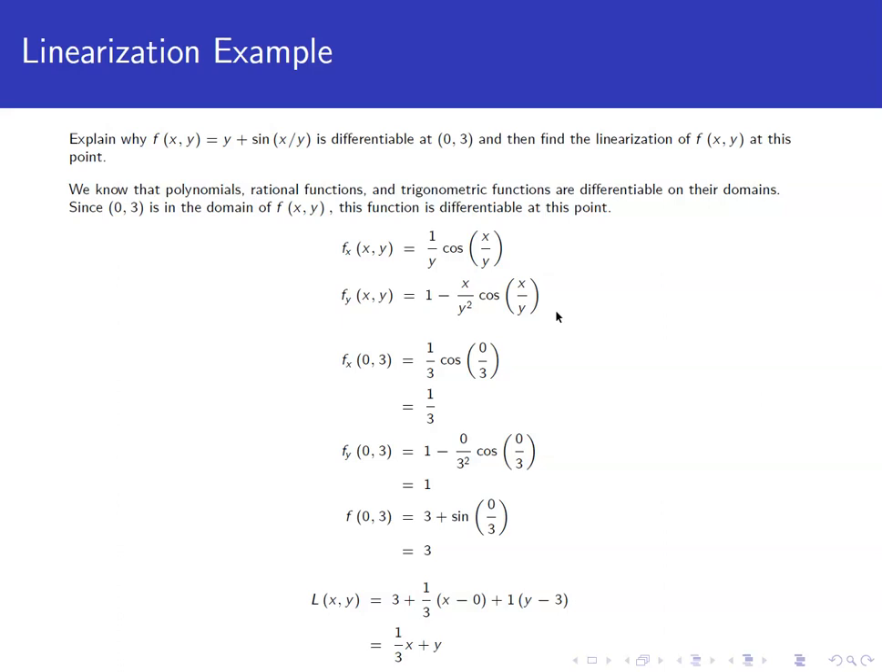Now we're ready for the linearization. Remember, the linearization formula is the function value plus the partial with respect to x times x minus the x-coordinate, in this case x minus 0, plus the partial with respect to y times y minus the y-coordinate, which in this case is 3. We rearrange things and we get 1/3 x plus y for our linearization. Again, we can also just think of the linearization at the point as the same thing as finding the equation of the tangent line at that